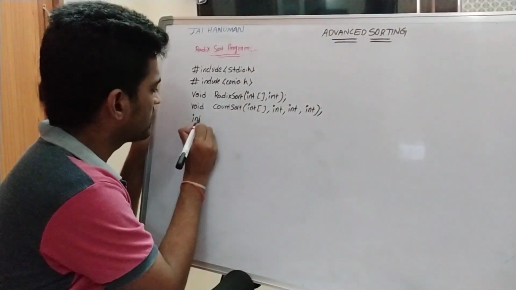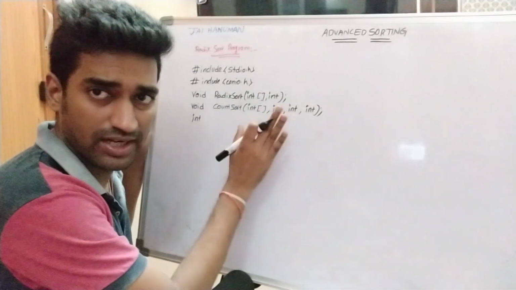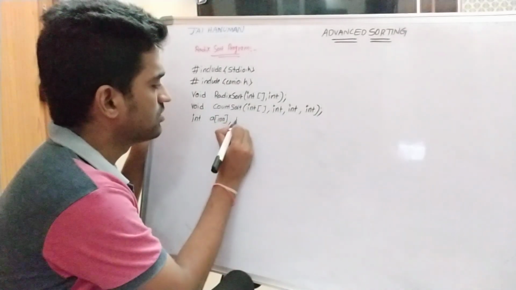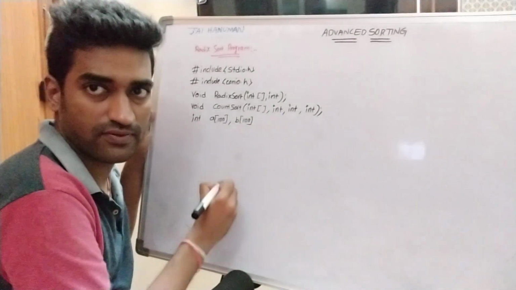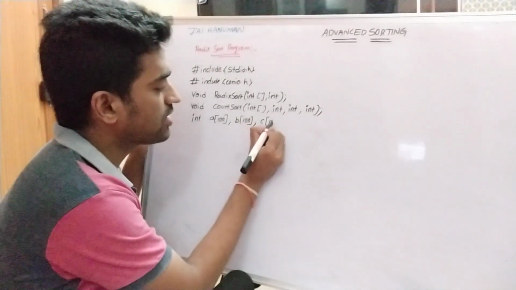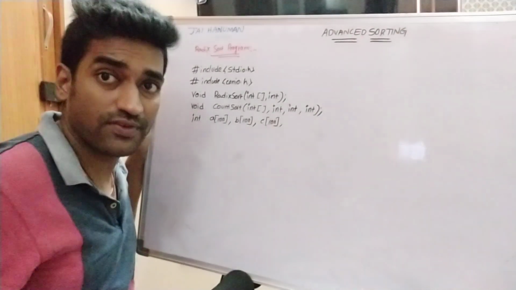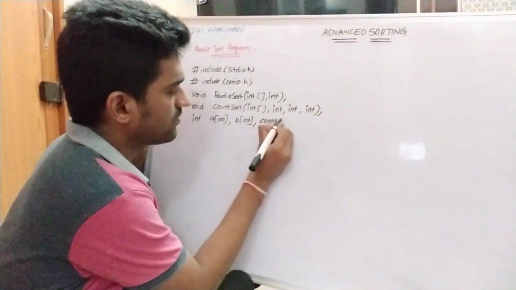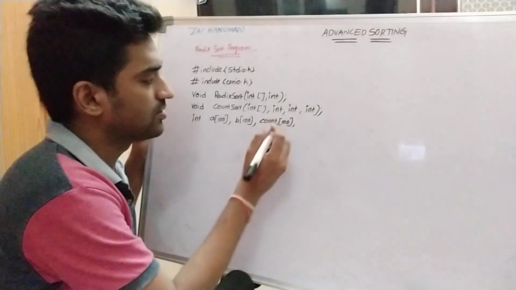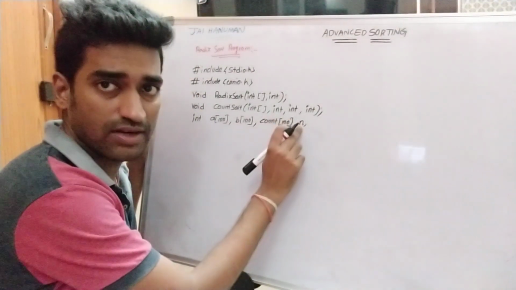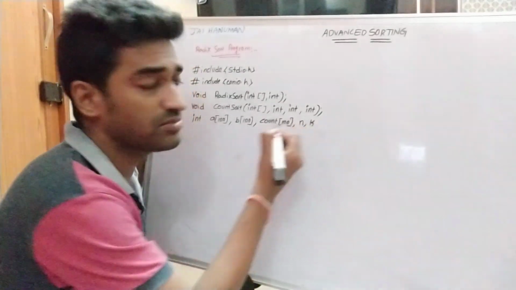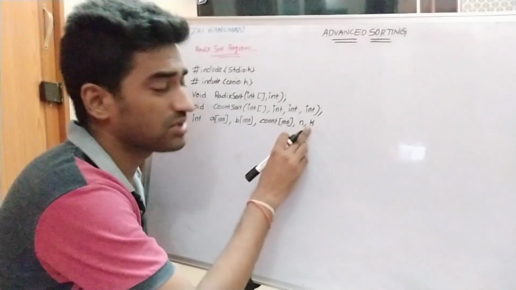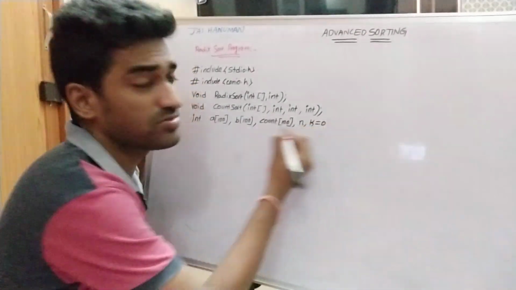Then we declare all the variables used in the program globally. Here I am using input array a of 100. For storing output we use b of 100. For the count array I am taking one more array, count of 100. For the number of elements in the array we take the n variable. To find the greatest element in the given array I am taking k, and initially k is 0.